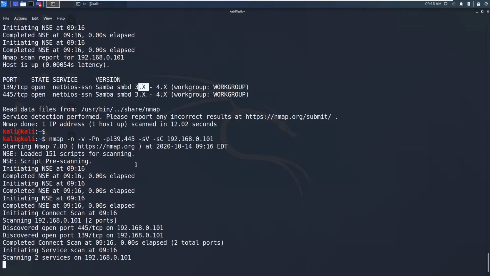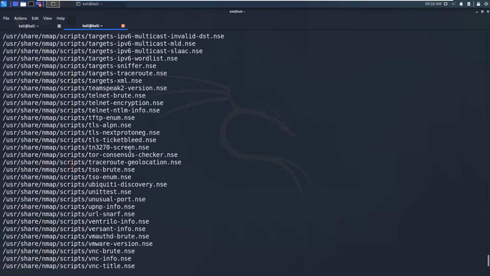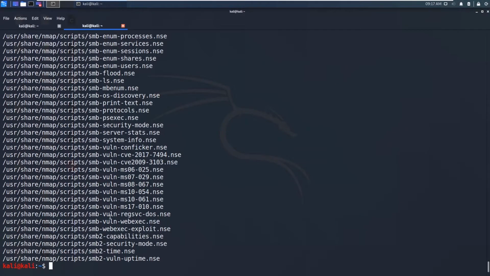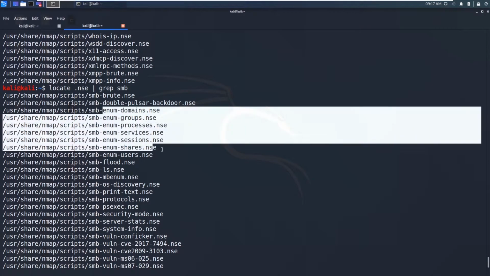Meanwhile I will show you the NSE scripts. How can we use these NSE scripts? If you type locate .nse, we will get all the NSE scripts. I want only SMB, so that's why I grep for SMB. You can see there are so many NSE scripts related to SMB, like the brute force scripts, and the enumeration scripts.